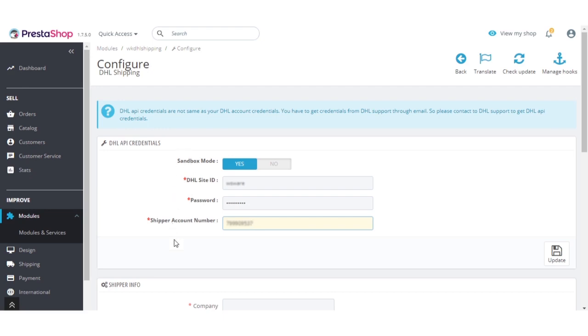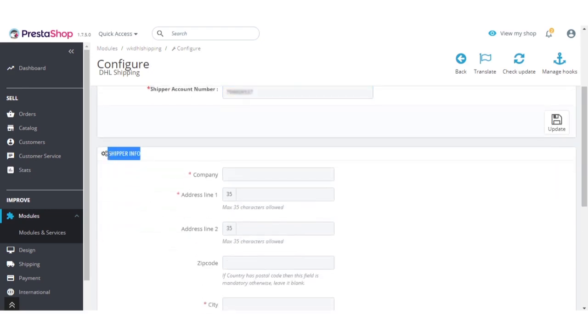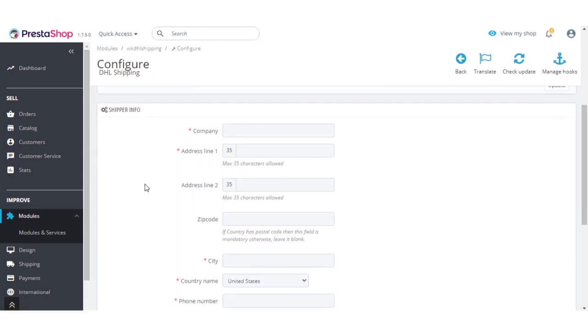After DHL API credentials, admin needs to configure the shipper information. Under shipper information, admin has to specify the company name and address from where his shipments will be picked up through DHL.